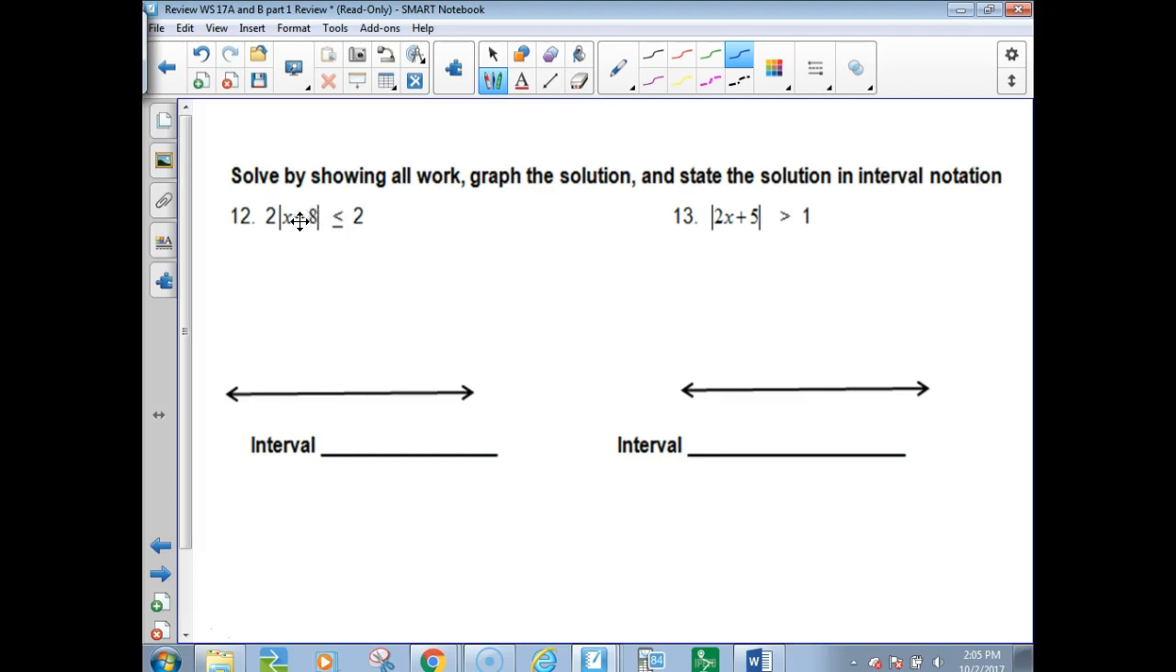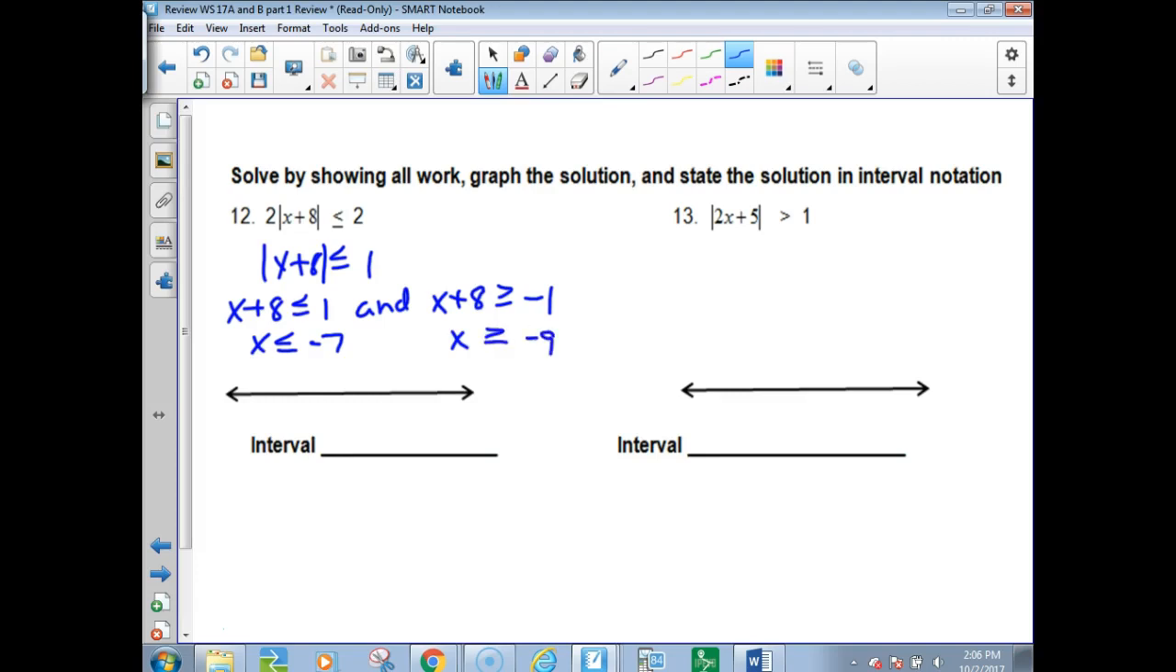Solve by showing all work. Don't forget, isolate your absolute value first, or your absolute inequality, dividing by that. Then you're going to need to do x plus 8 is less than or equal to 1, and x plus 8 is greater than or equal to -1. So you flip the symbol when you change the sign. And then solving that, you should have x is less than or equal to -7, and for the other part, x is greater than or equal to -9, which would be from -9 to -7, and what's in between,